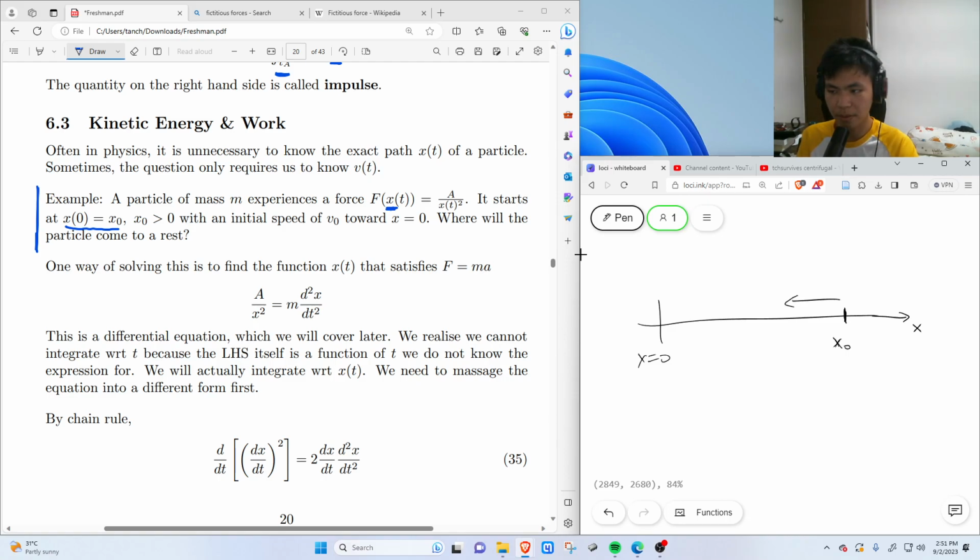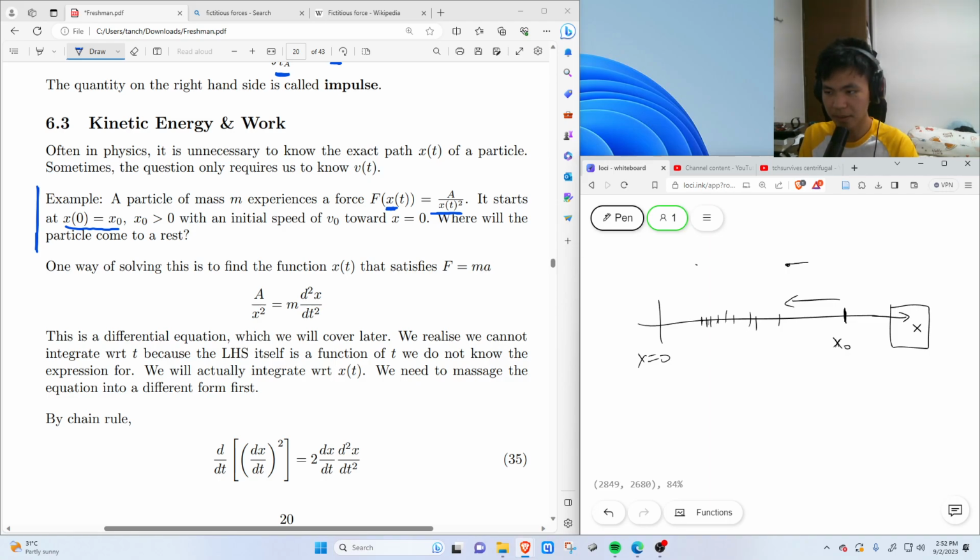So it moves towards the origin. It's like perhaps somebody is throwing the particle towards the origin, but as it gets closer and closer to the origin, it's going to slow down, right? The speed is going to slow down because the force is positive rightward, where we define our x direction to be rightward positive. The force over here